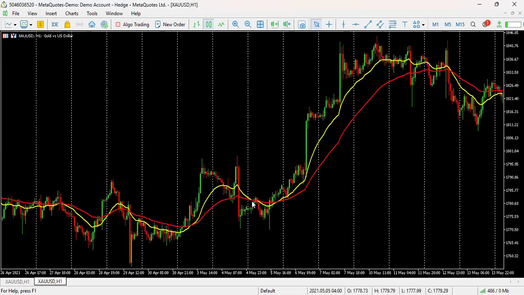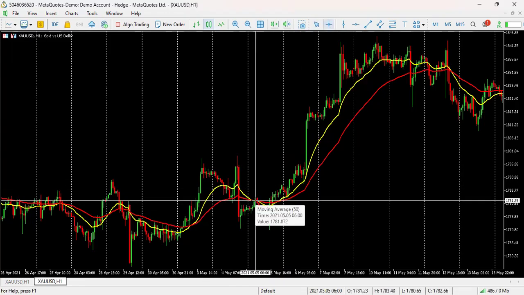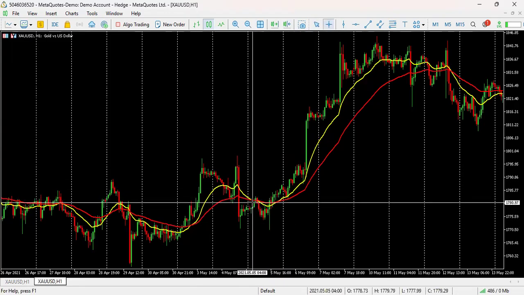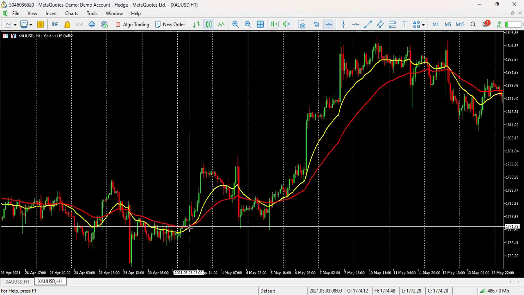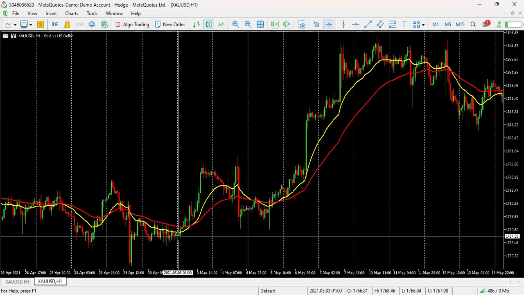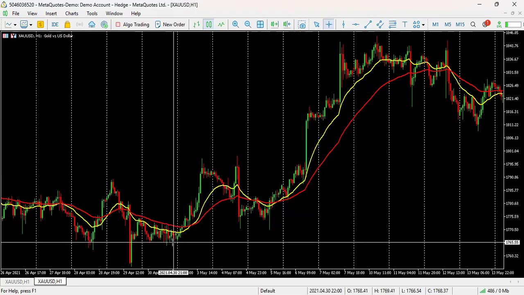right? Once you get the moving average cross, so for instance, this one right here, let's look at this one. We're going to do as they come. We're going to show you how to trade as they come. 1 hour time frame, you get the moving average cross, all right? So you take